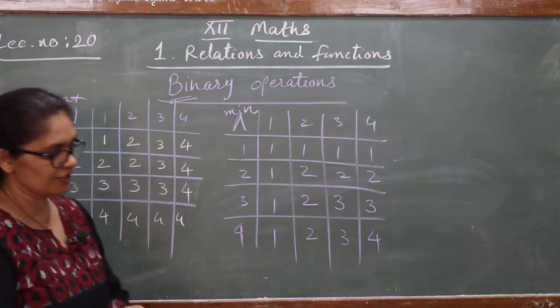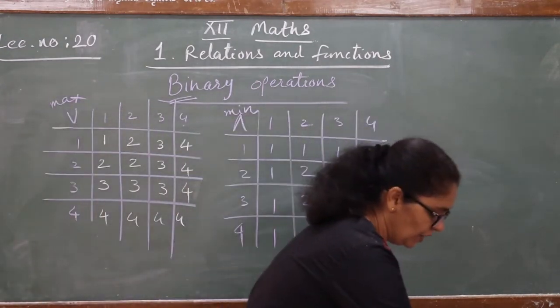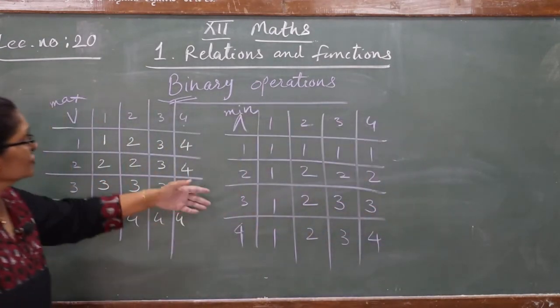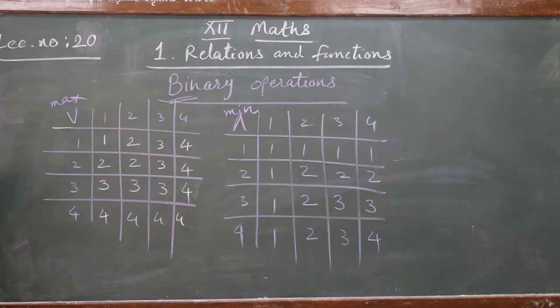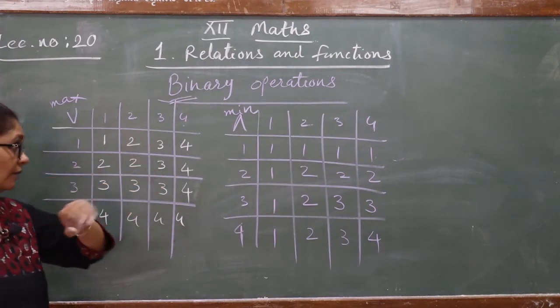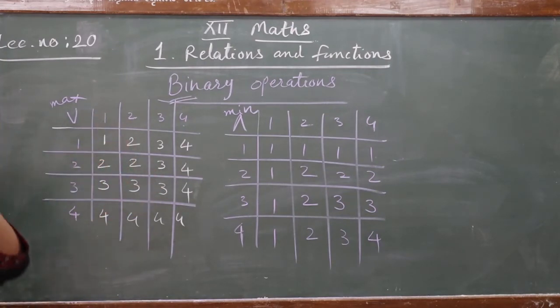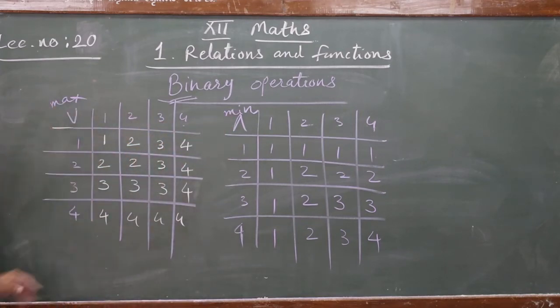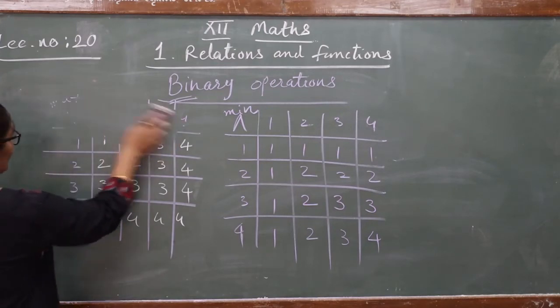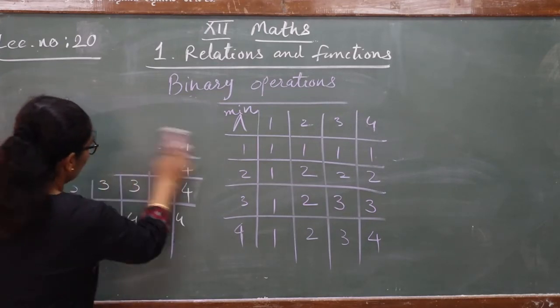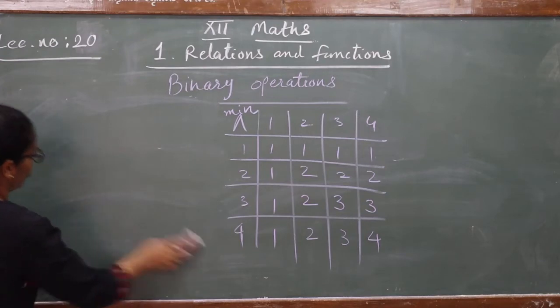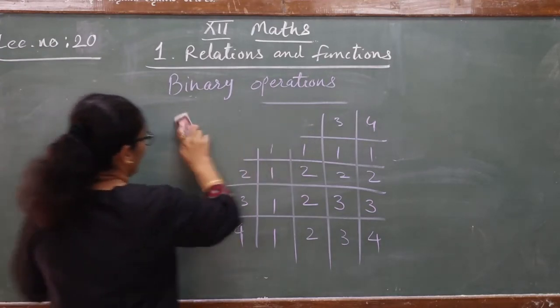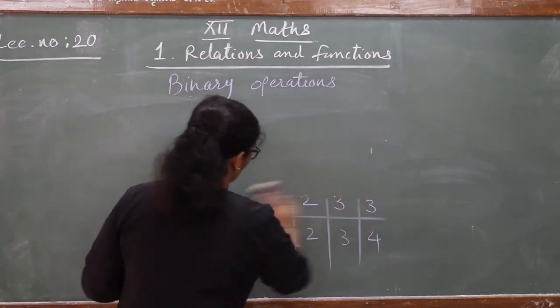So this operation is again a binary operation. What I have made is your binary operations table, and by that you can also solve. See, this way we can ask questions in so many ways. In place of maximum and minimum, I can give LCM, HCF, and that way also we can ask a question for checking whether it is a binary operation or not. Now I think binary operation is more clear to you.